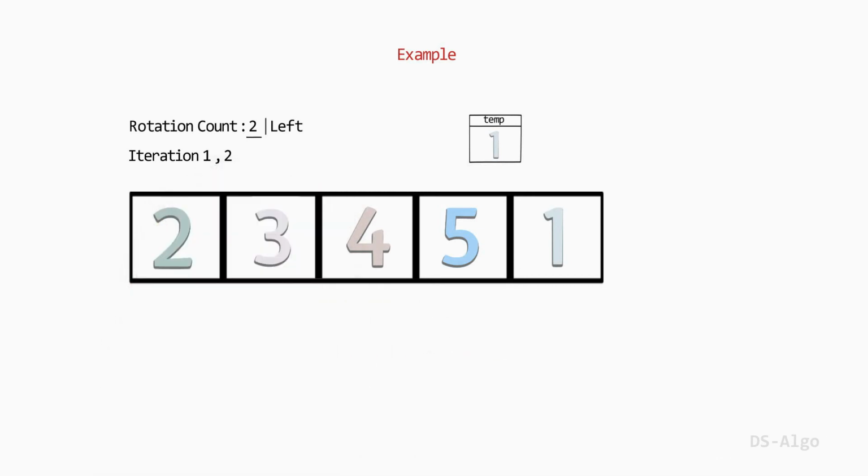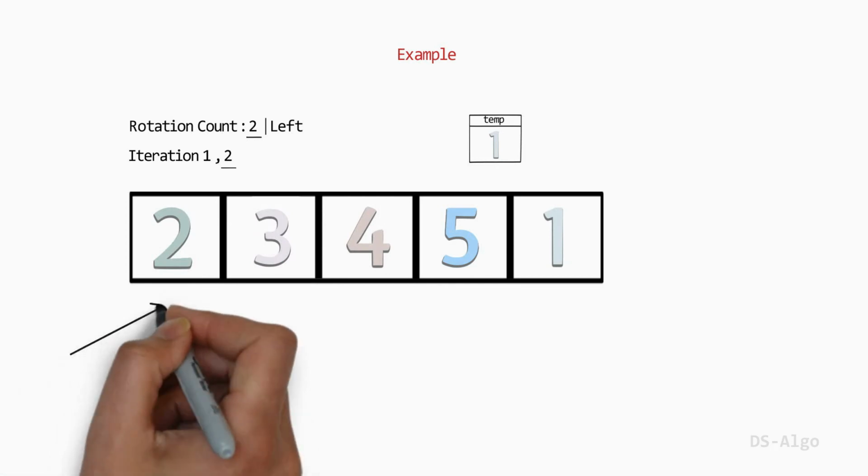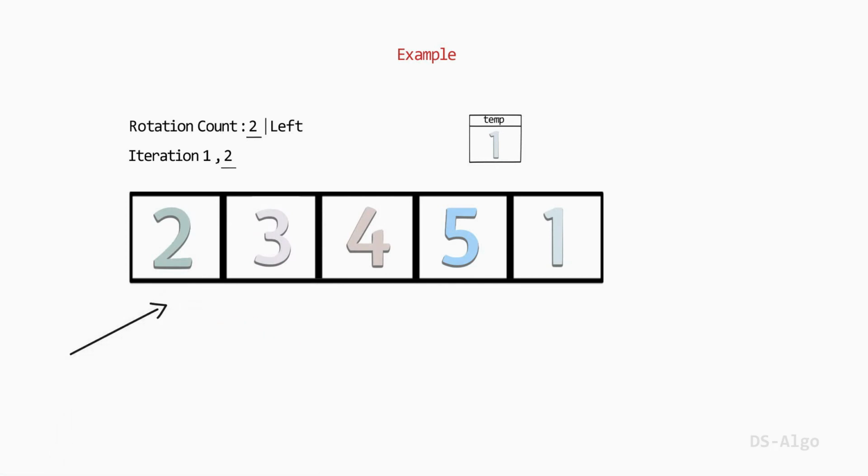Now let's begin with the second iteration. Initialize the temp variable with the first element of the array, that is 2. Now start iterating the array for iteration count 2. Same as before, update current element with the next element, that is 3, and move to the next element.